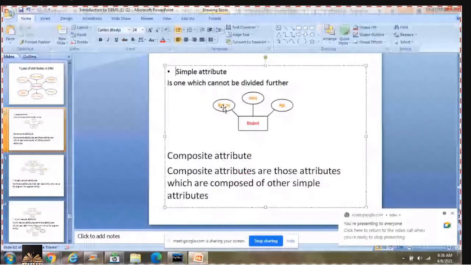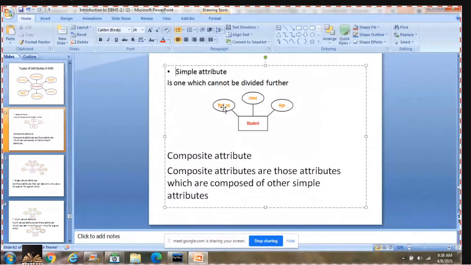Talking about the next category, what is a composite attribute? Composite attributes are the attributes which are made up of other simple attributes. Or I can simply say that a composite attribute is one which is a combination of other attributes.